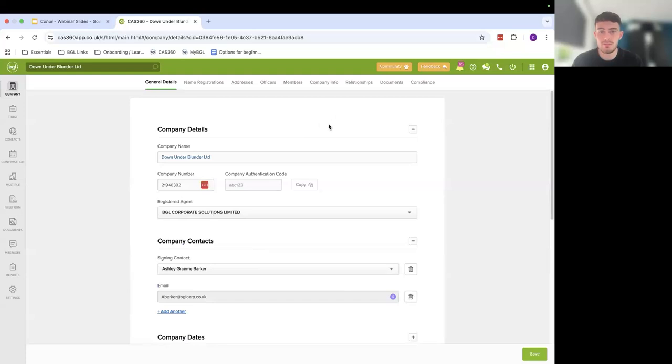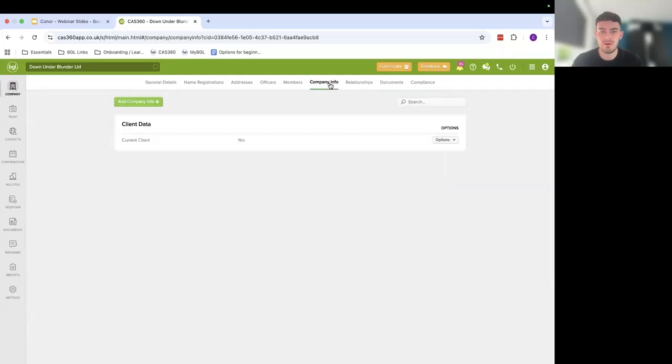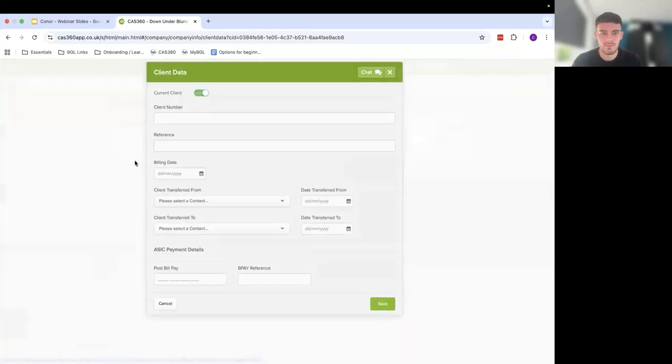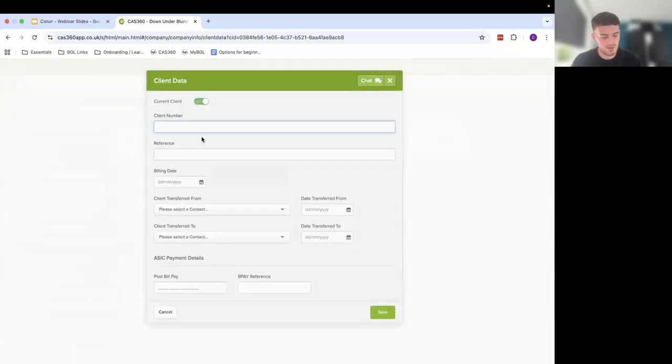Once you're in your company screen, you head over to company info, add company info. You have the option for client data. You can then enter your client number. We'll go for 456 today. Once you hit save in the bottom right hand corner,